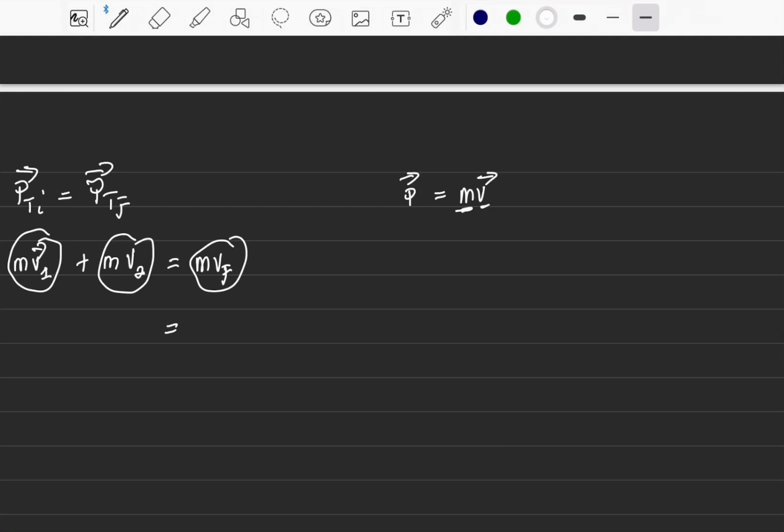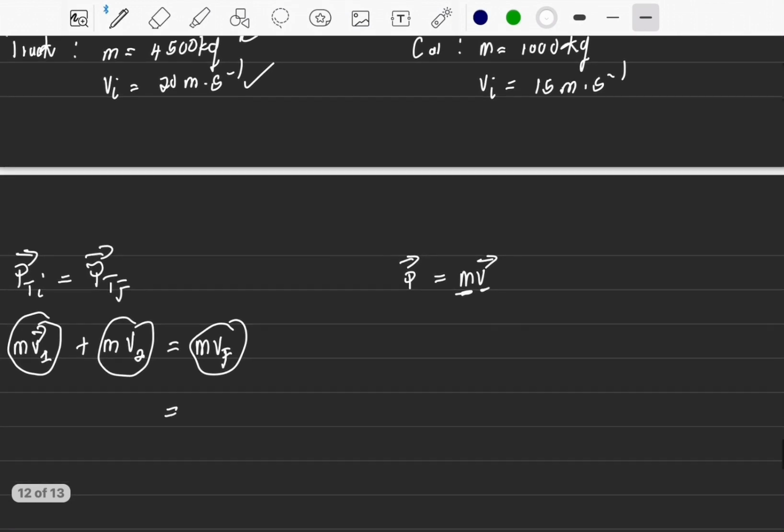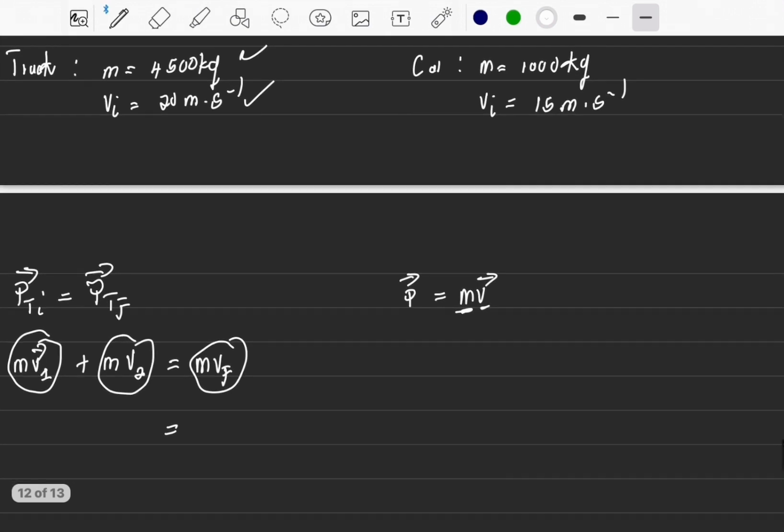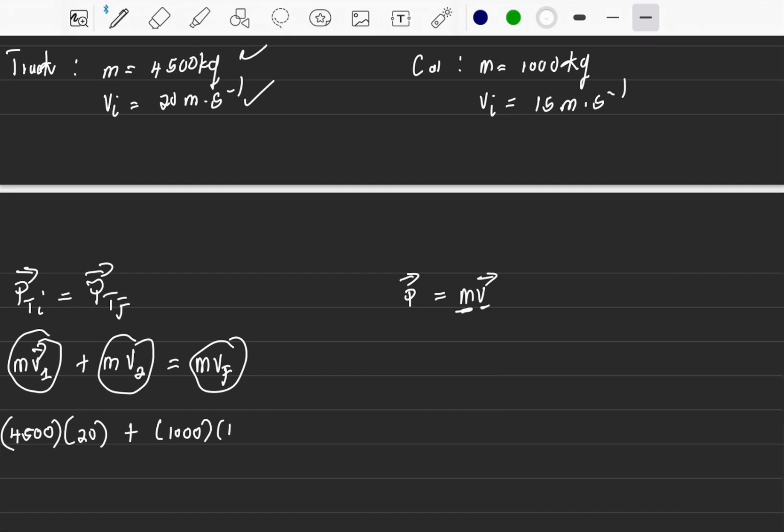Let's start with the information about the truck and say that mv1 is going to be the momentum for the truck. We have the mass of the truck, 4,500, multiplied by its velocity, which is 20, and then plus the momentum of the car. We are told that the mass of the car is 1,000 multiplied by 15, which is its velocity, is equal to